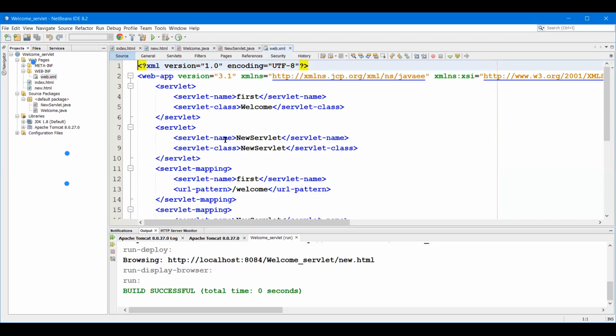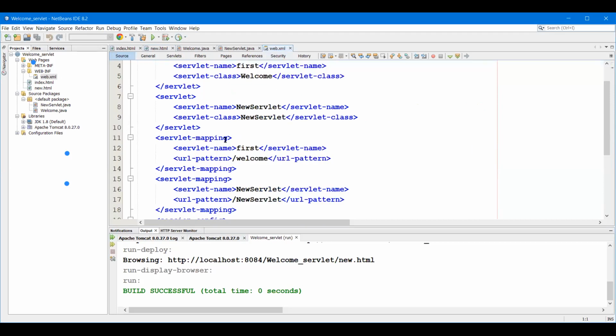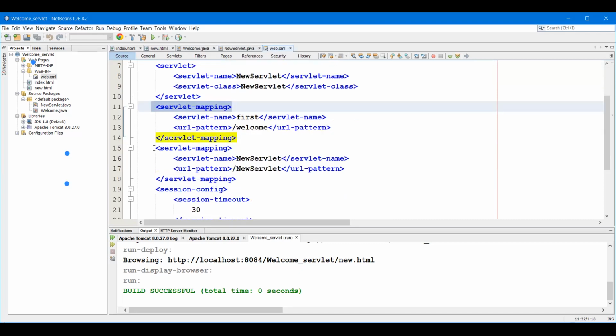See, first it will check the URL patterns. URL patterns will be available in servlet mappings. Here we have two servlet mappings. In one of these two servlet mappings, our URL pattern will be available. So first it will check the respective servlet mapping. One servlet mapping is at line 11 and another servlet mapping is at line 15.